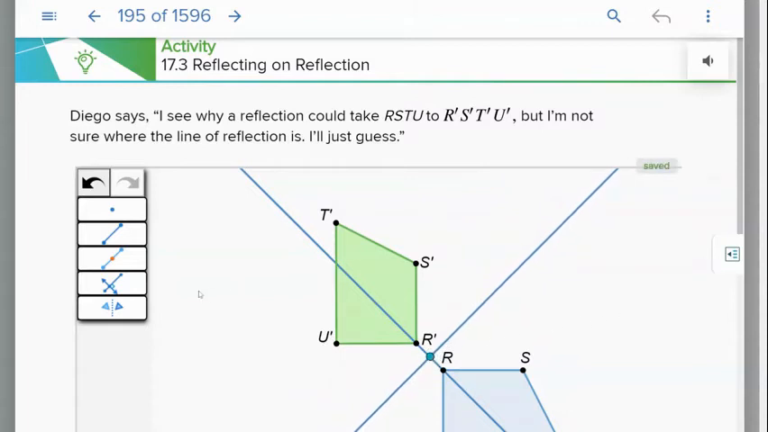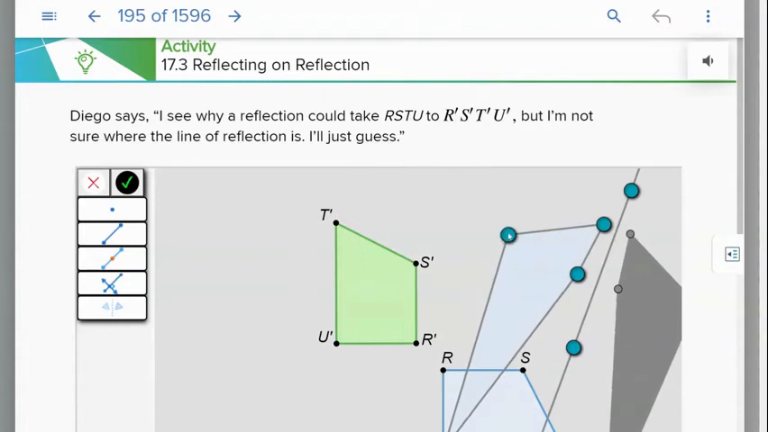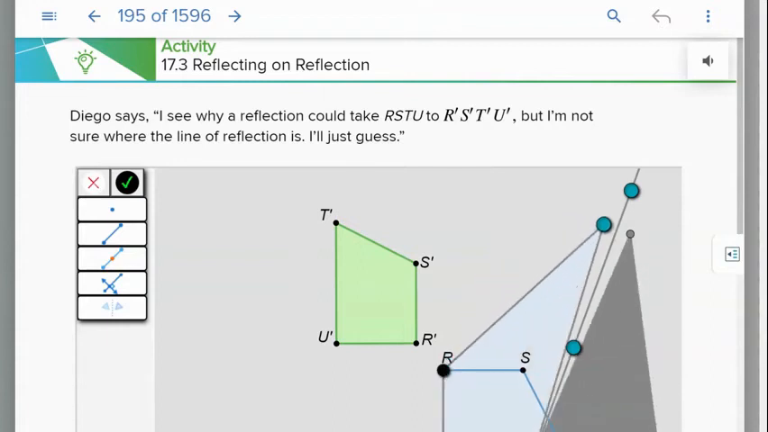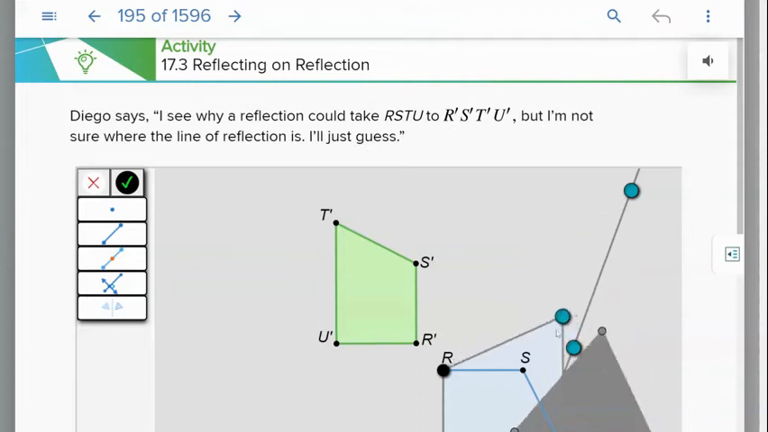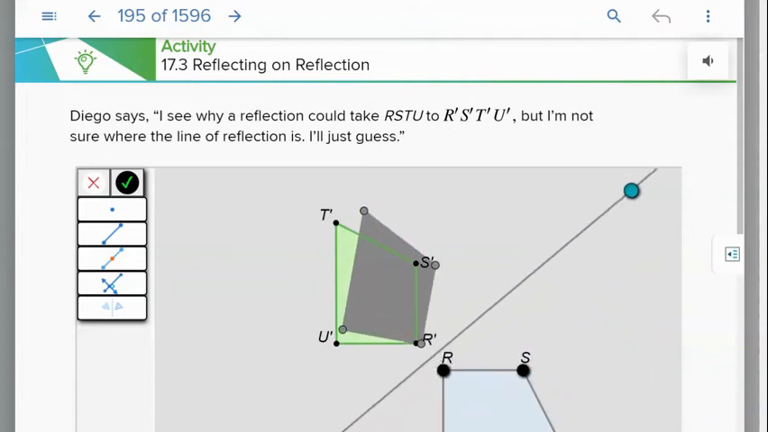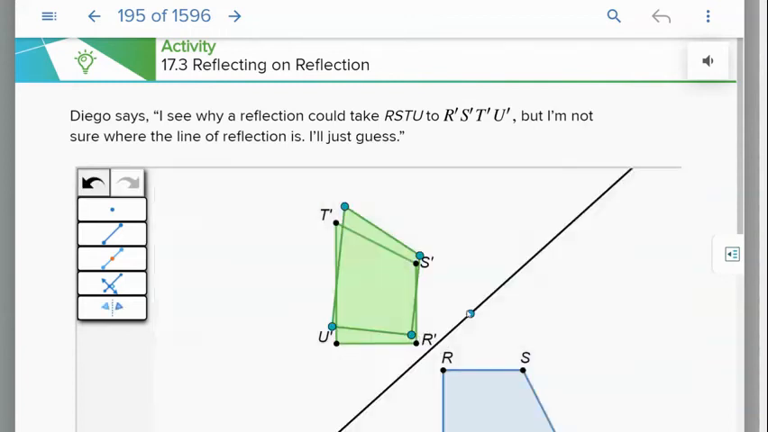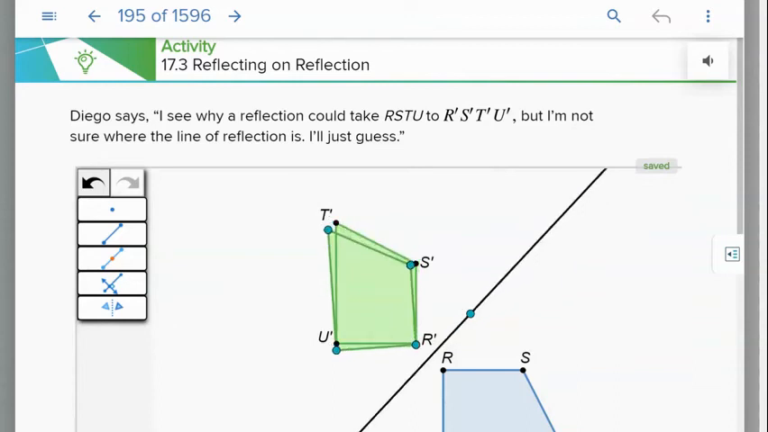Okay. So again, just to kind of show you what that would look like, here's the reflection tool. Okay. I know I need to reflect RSTU. Diego's not sure where the line of reflection would be. All right, maybe he's guessing. He's like, maybe it's here. All right, it's a little off if he chooses that. But if he was to line it up better,